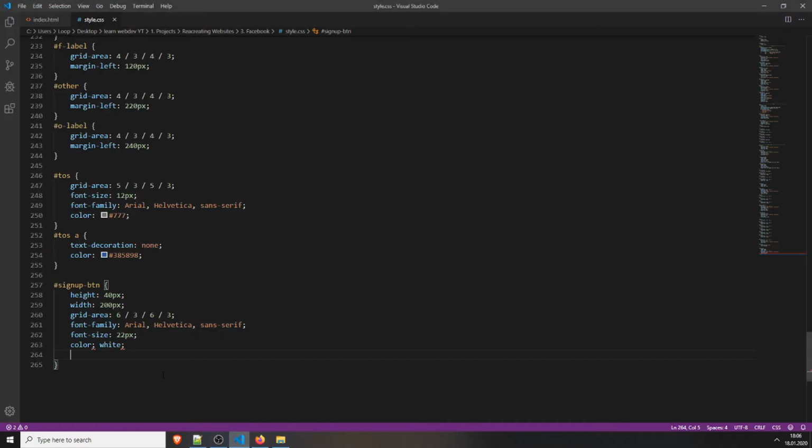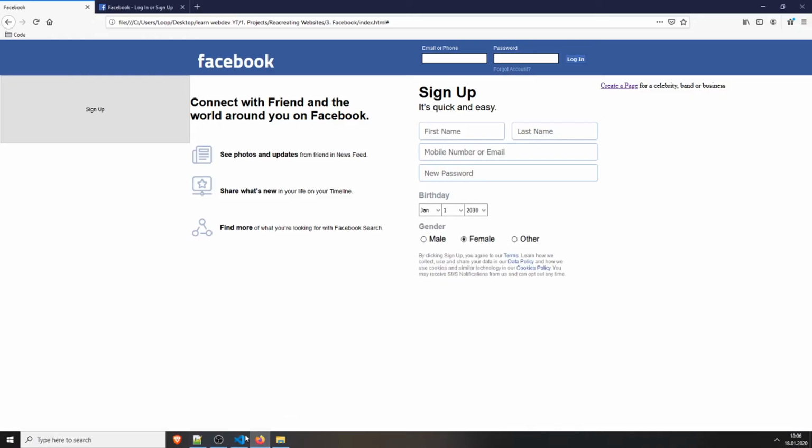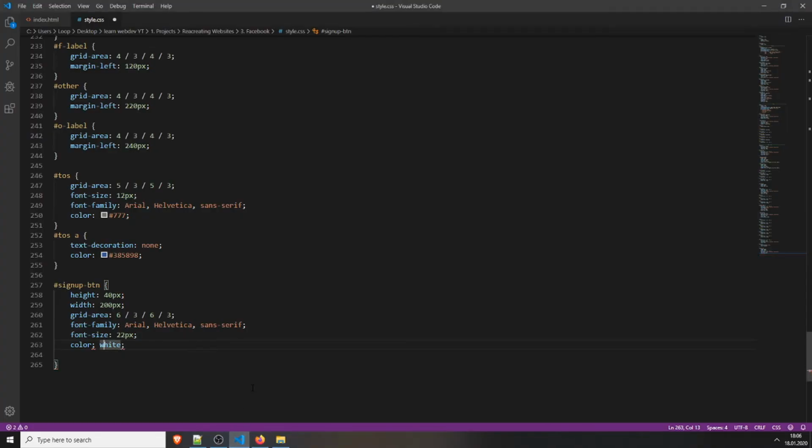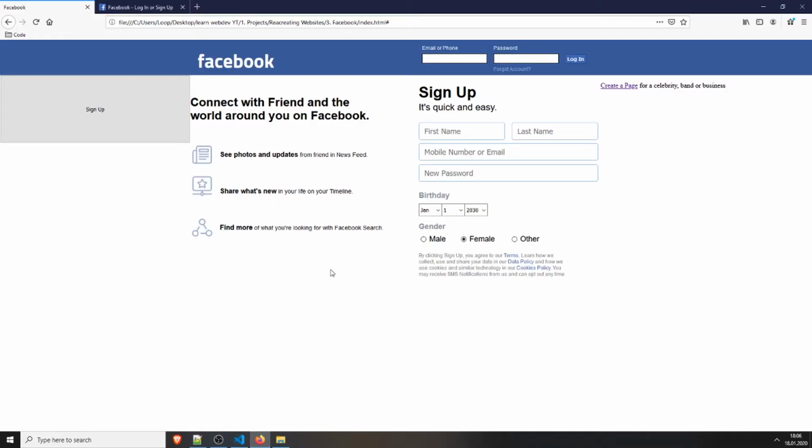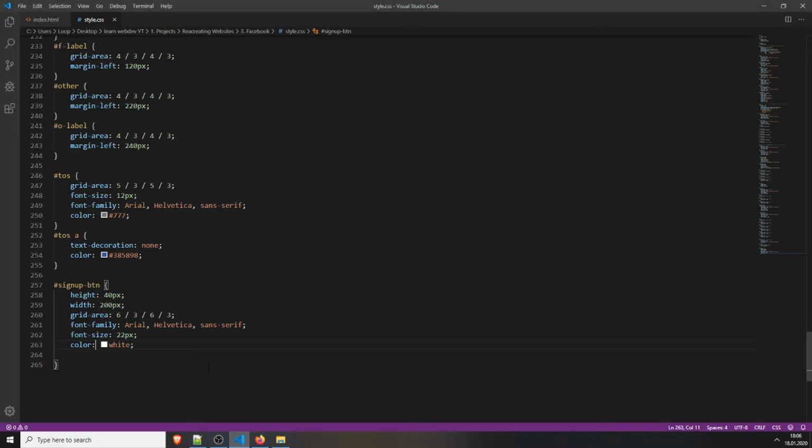And now save it. Now save it, and there we have the button, which is of course the wrong color, but we will set